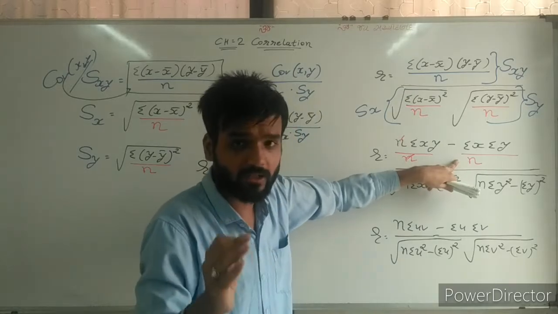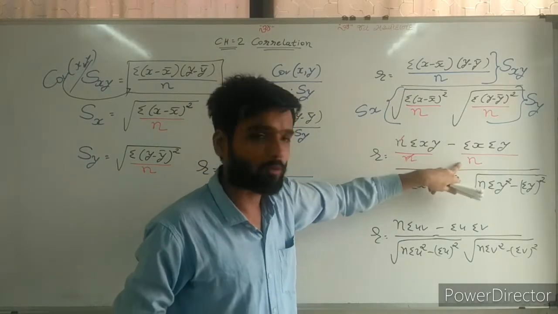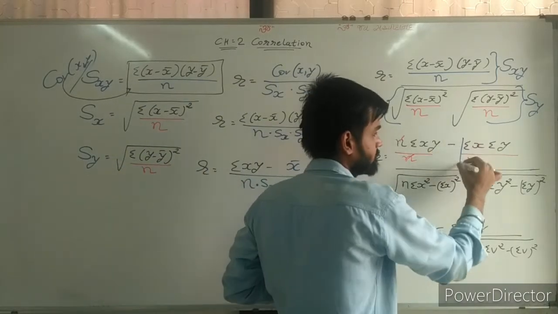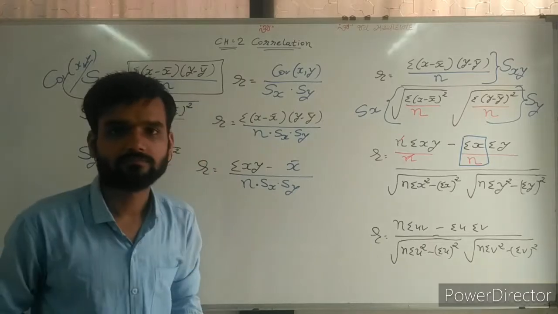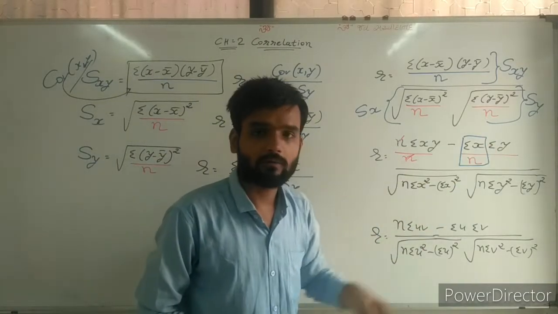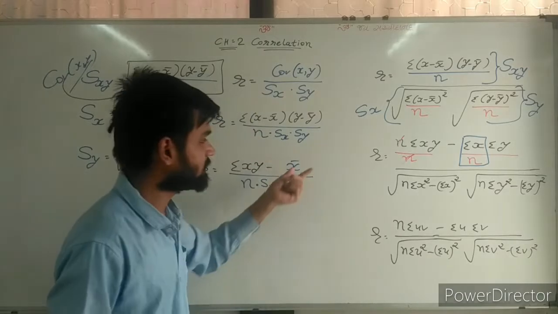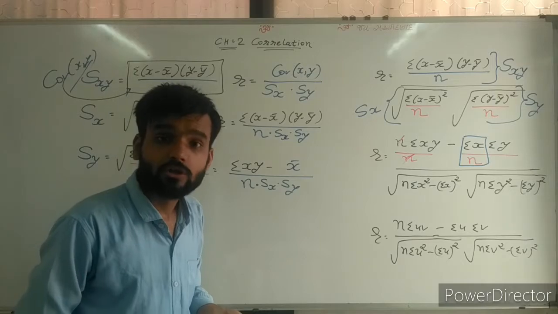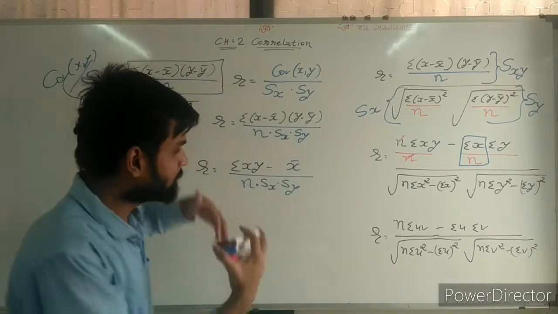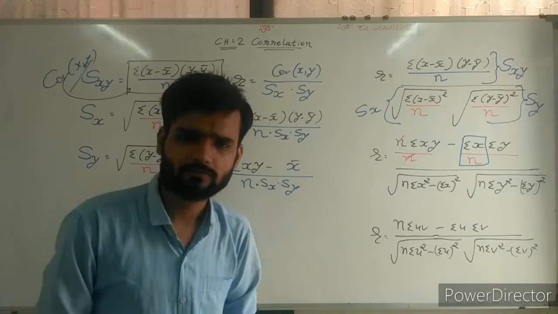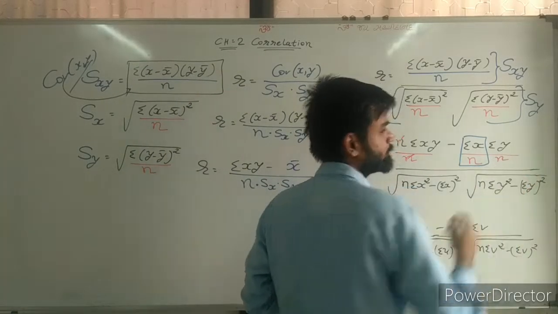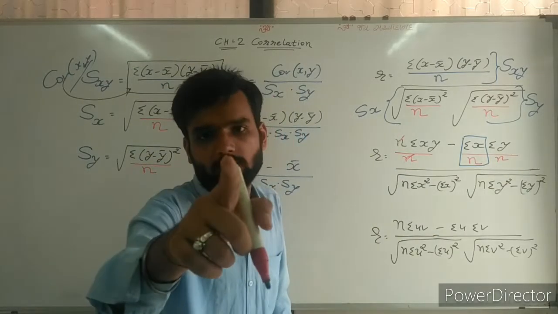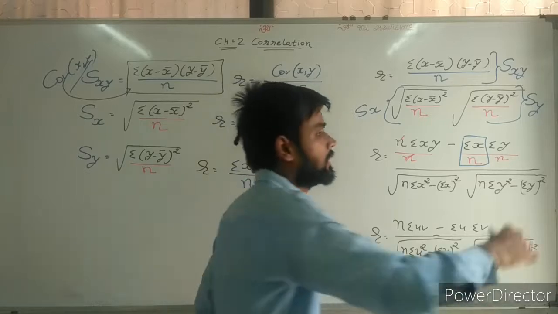Here only one. If I am writing only one n, sigma x upon n, then I can get the value of x bar. So sigma x upon n becomes x bar. So now sigma y as it is. Can we write this? Yes, you can write. But here to make the proper formula, what they have done, they have divided here by n also. Now here 1 n, here 2 times n, so not possible. So what they have done? Multiply n also.